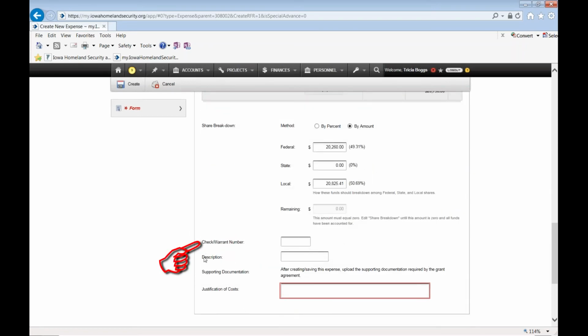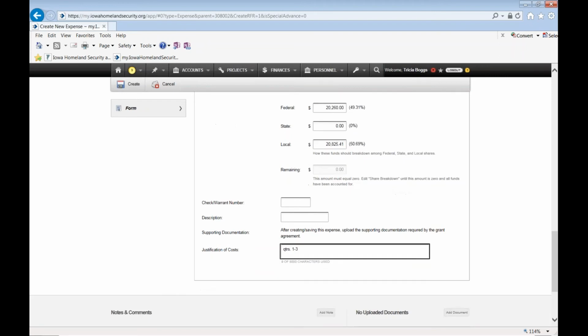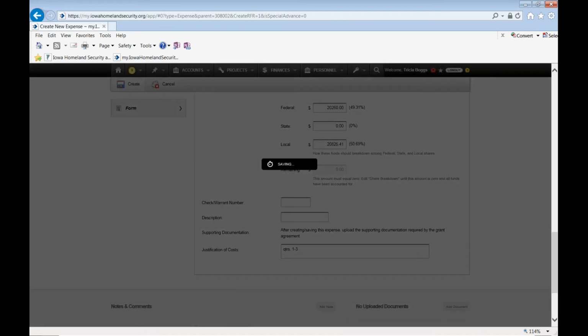You leave the check warrant number and the description sections blank. The justification of costs, you can simply say quarters 1 through 3, or quarter 4, or quarters 1 through 4. After you have completed that information, there's not a save button, it is a create button on the top left. You can click create,